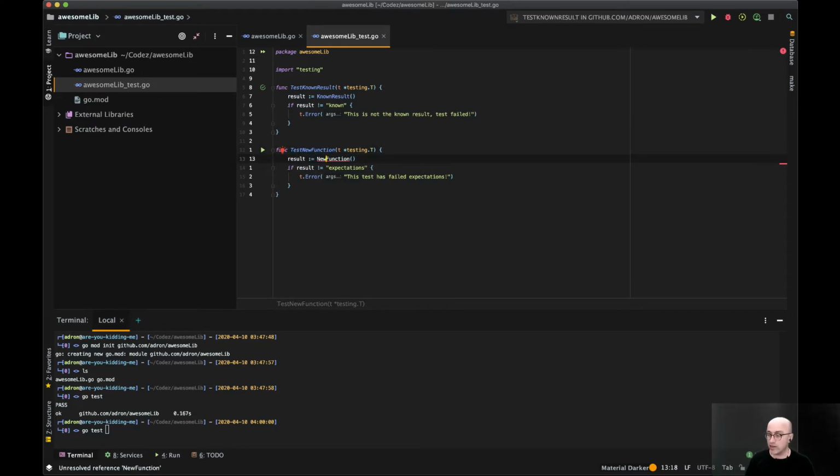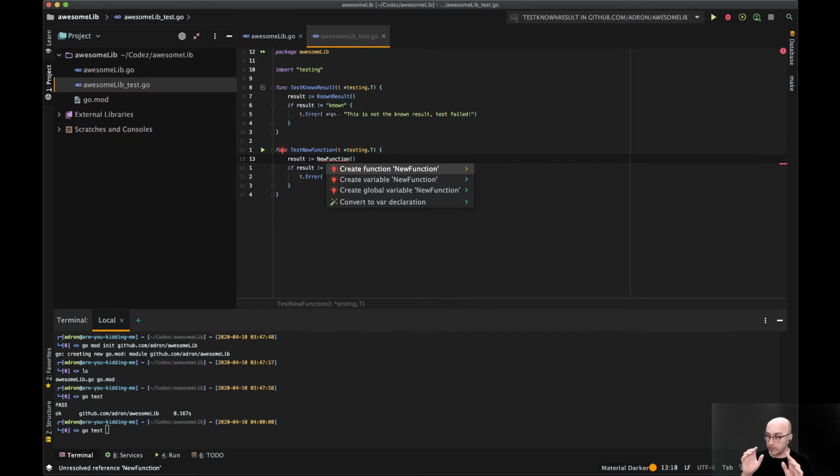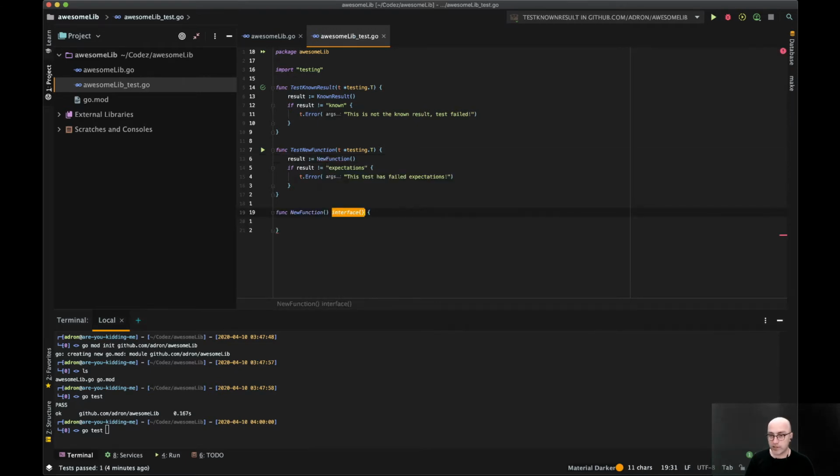One, I can use a shortcut key, get that menu again, which means I don't even have to touch the mouse. I can just do this real quick, hit that, and then I want to create a function for it. Boom, puts my function down there, gives me an interface result. I actually want to have a string, so there we go. I just hit enter again right after I typed in string, and it puts me down here to write the body of the function. So I'm going to write expectations, but I'm going to put a Z, right?